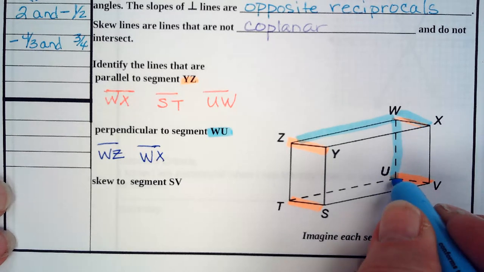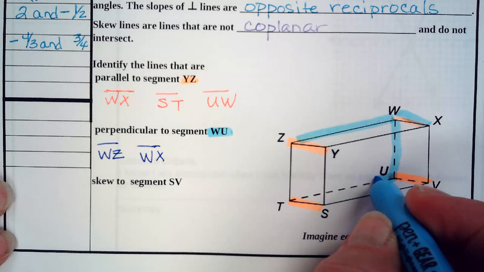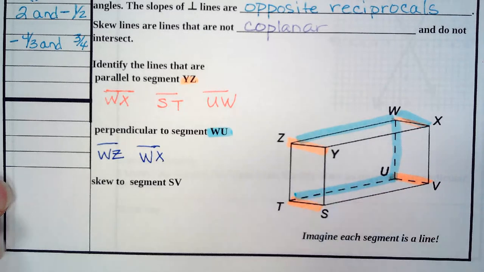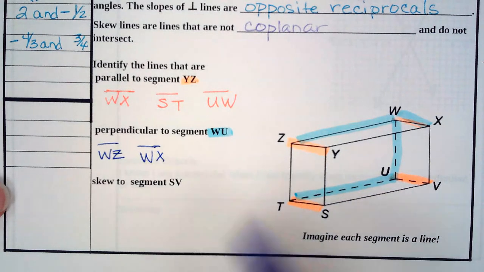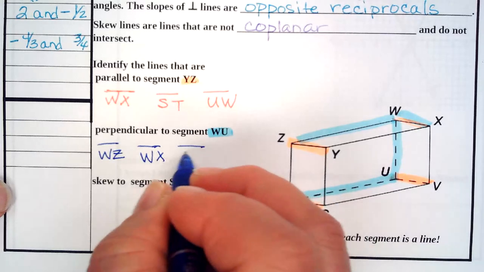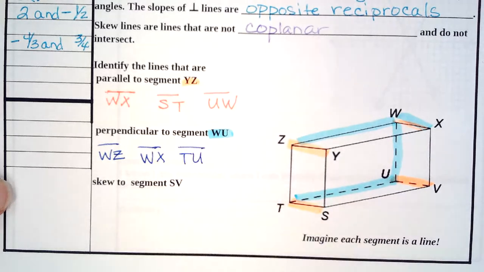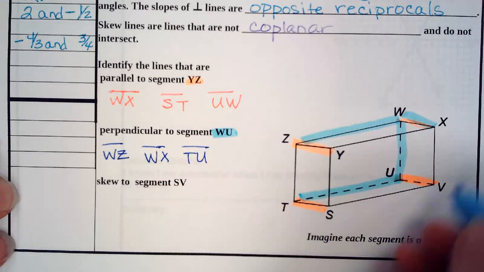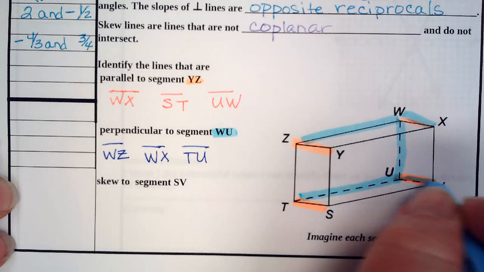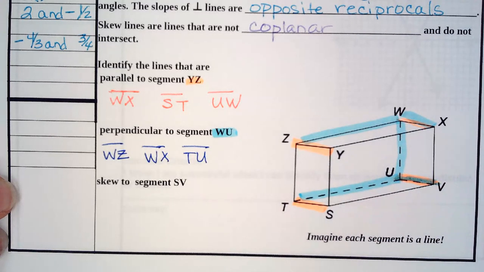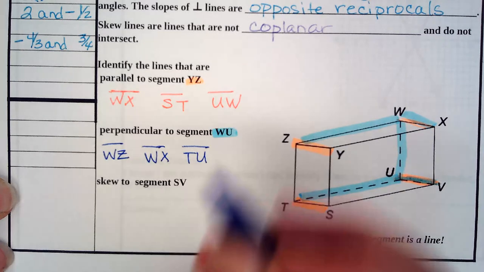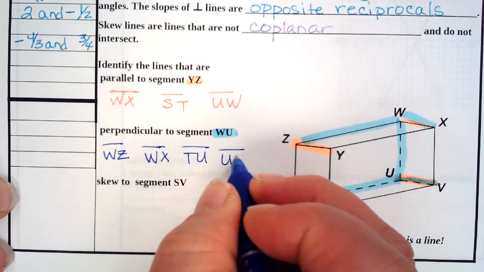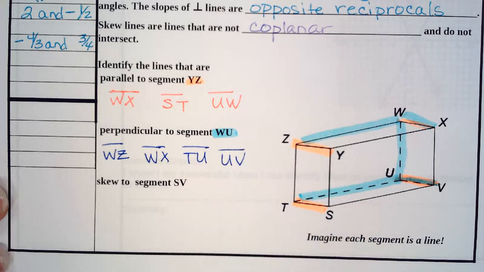Where if we use U for the corner, it would be TU, segment TU. And finally, that last segment will be over here, segment UV. Okay, now